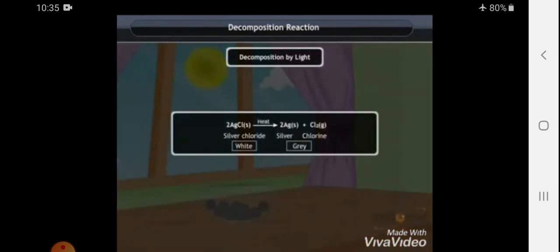When the sun rays fall on the silver chloride, it turns grey. So it shows that silver chloride is decomposed by the action of sunlight to give silver and chlorine. So the grey color it changes to confirms that it has decomposed from one substance, silver chloride, into silver and